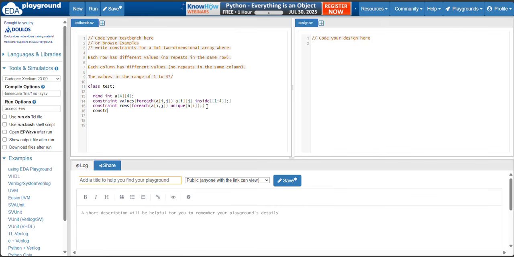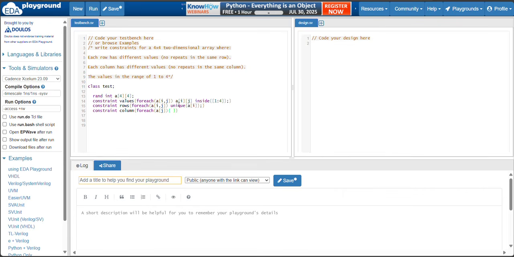Now let's write the constraint for the column. Constraint column, foreach a of j. I'm using the j. J means here column. Okay.